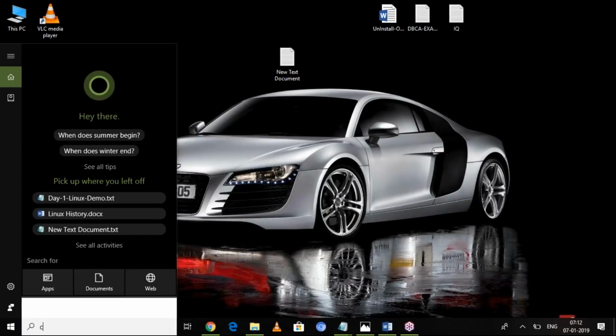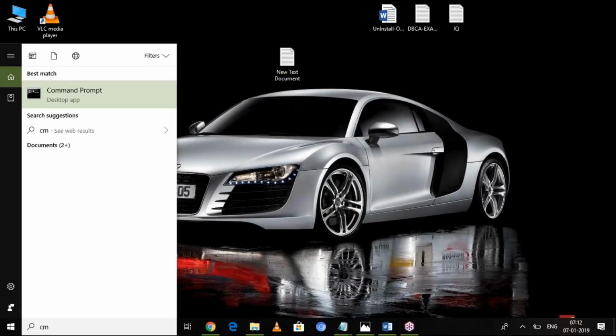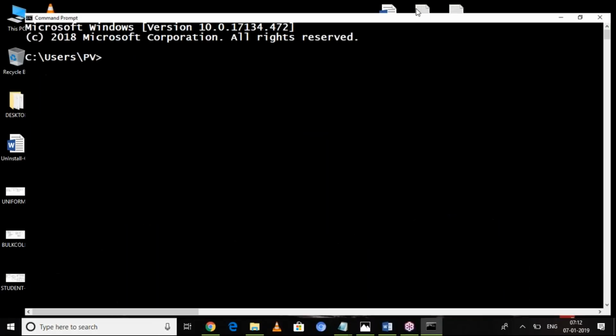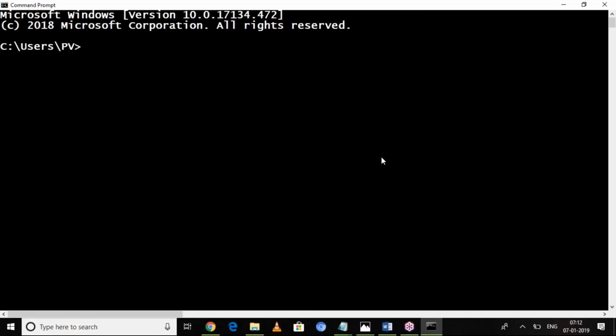If your system has DOS installed, you can see this environment. You don't see any graphical icons, remember. The interacting environment is completely CUI. If you want to know where you are, you need to enter a command.